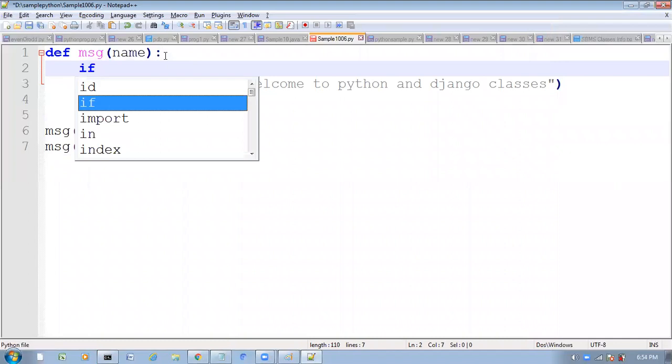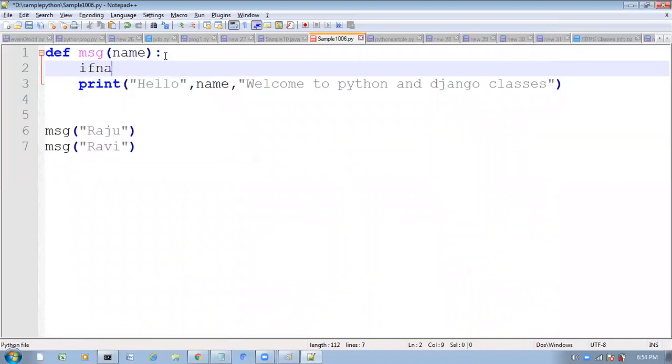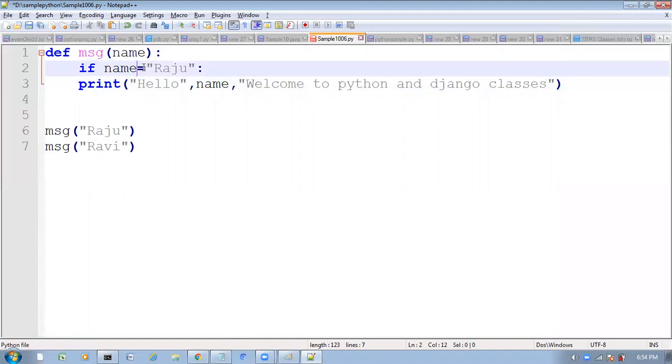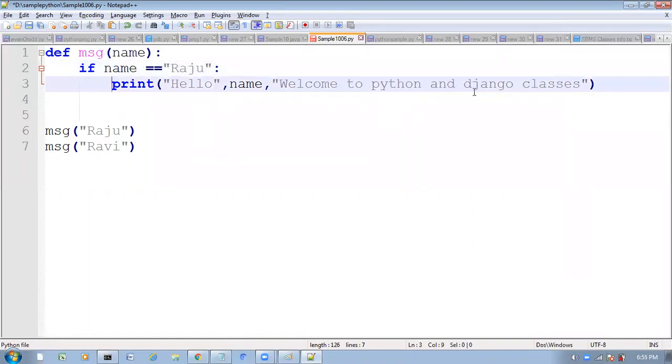Here I will write if name equal to Raju, then I want to print this one.